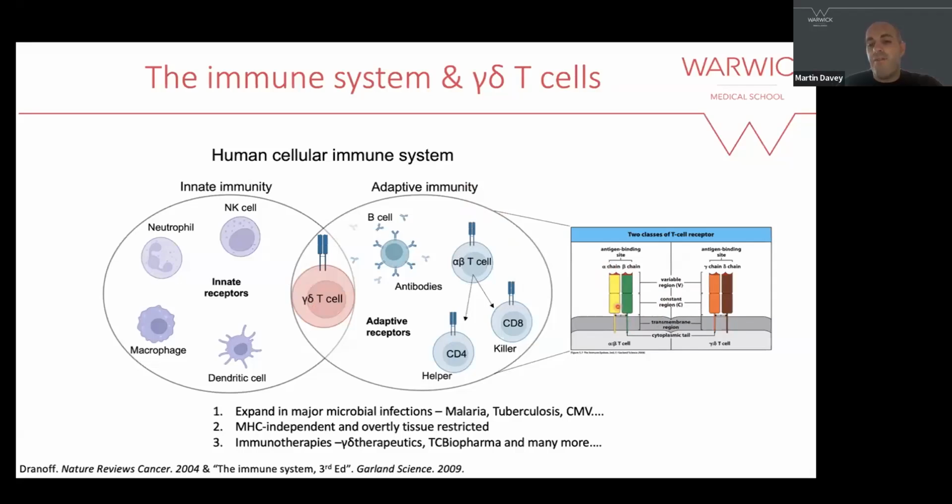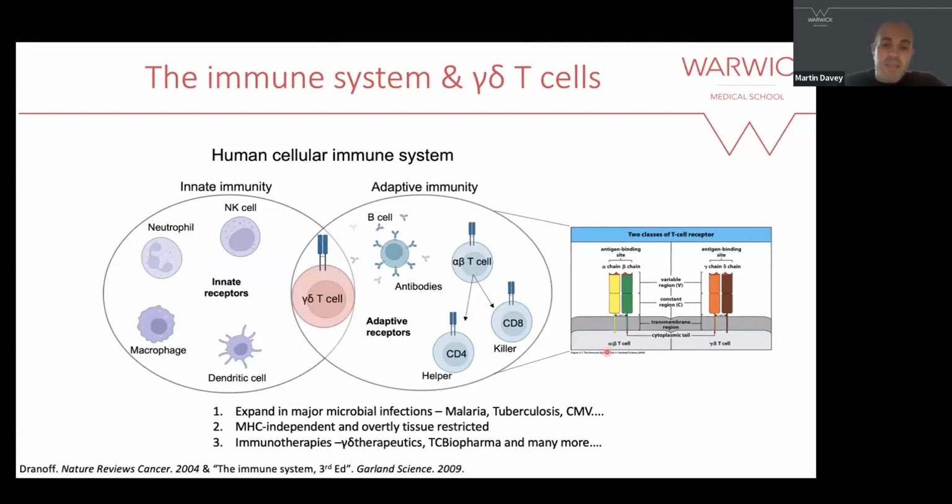So alpha beta and gamma delta receptors have these highly variable regions called CDR3 regions, which allow them to recognize a whole magnitude of different antigens. An antigen is essentially a molecule that would be eliciting a T cell receptor response, and is sometimes pathogen derived, or it can also be host derived, such as through cancer immune surveillance, etc.